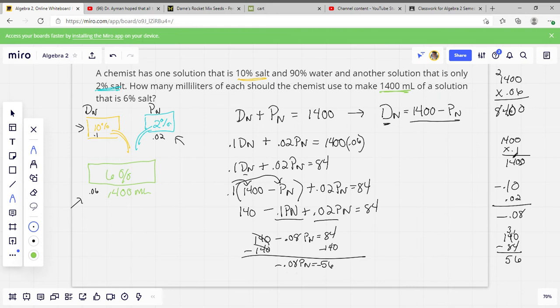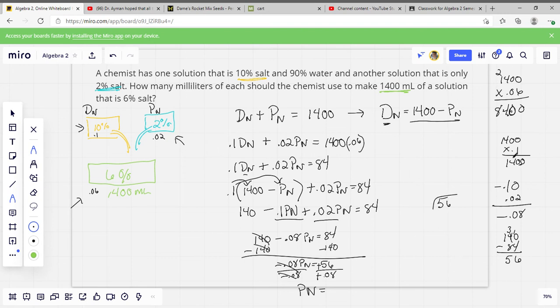And that's negative. Now divide by negative 0.08. Those cancel, and my PN should equal, let's see, these negatives will cancel, so it'll be a positive